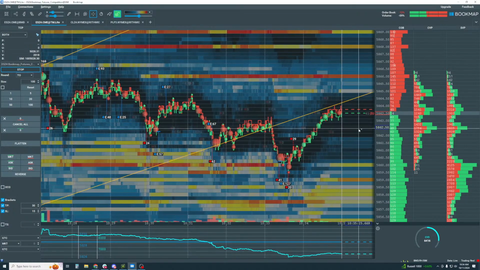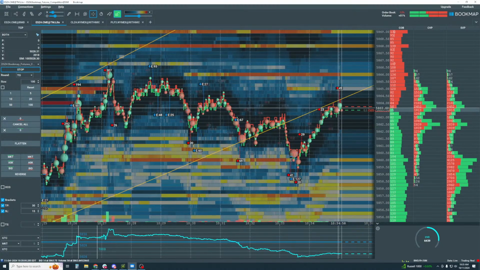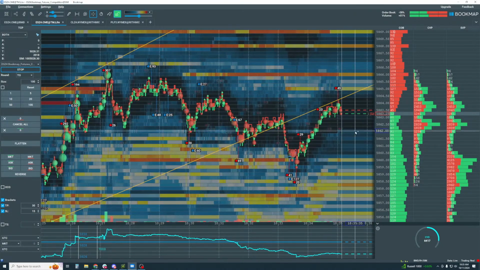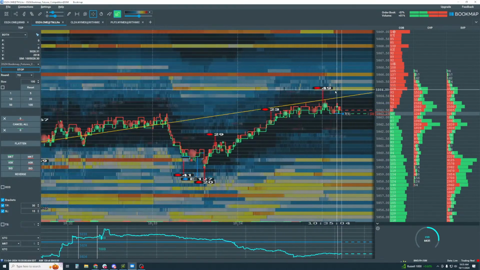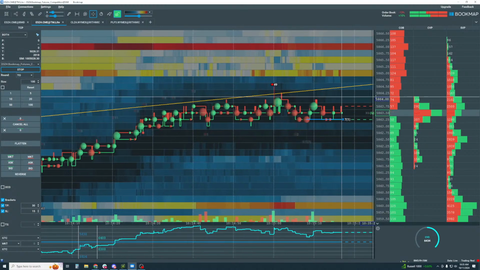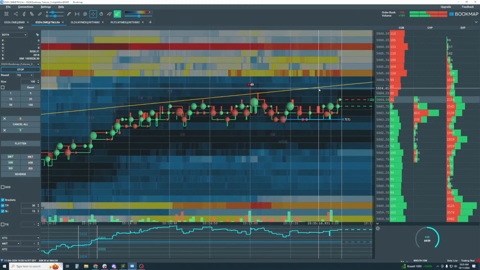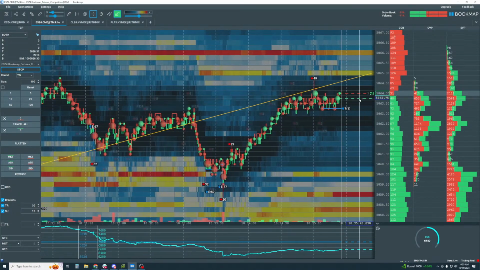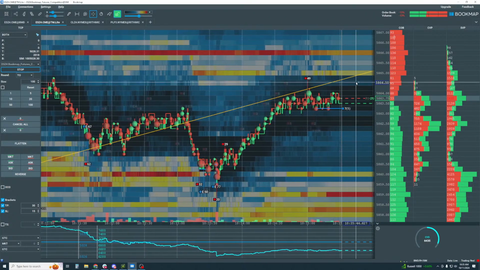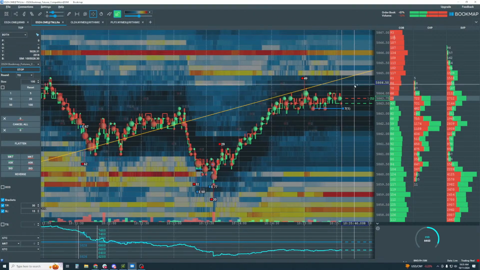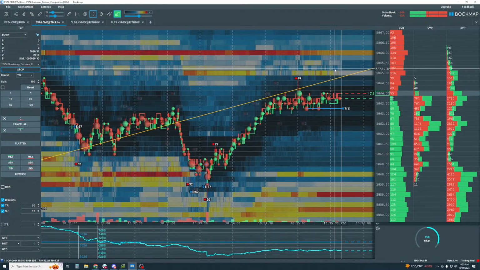Okay, so I'm looking for a little bit of a pullback. Now, this is another thing. I might miss this, and that's too bad. But we're looking at setting limit orders in here. If we put a market buy in here with the S&P, the S&P is an amazing market, so we will only be slipped a couple of ticks. That's pretty amazing with a 100 lot, right? But if you trade the NASDAQ or the Russell, you're going to slip, or sweep the order book, multiple ticks against you. So you should consider using at least limit orders.